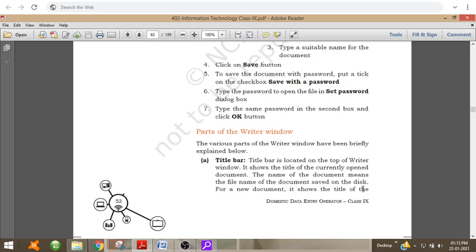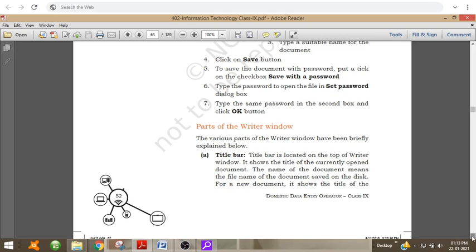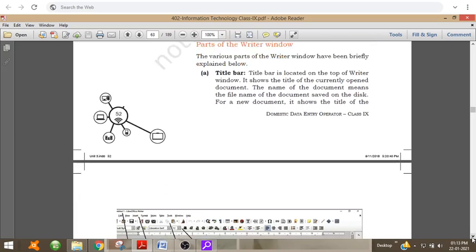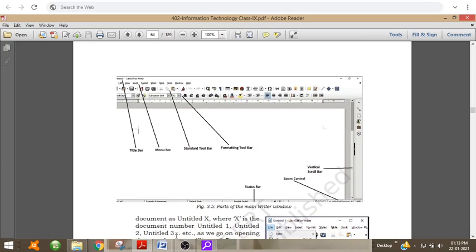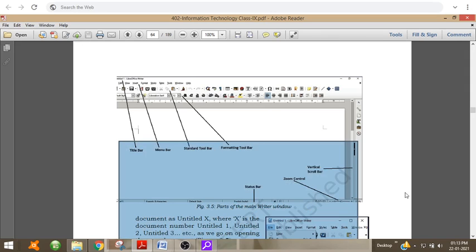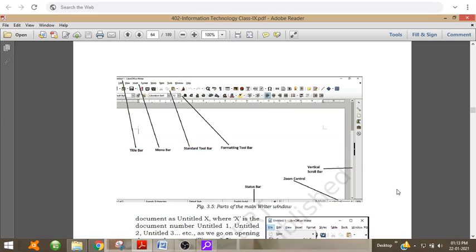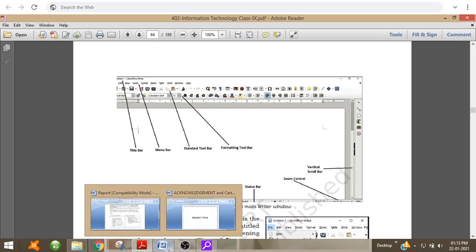For a new document, it shows the title as Untitled X. So for a new document, the title will be given as untitled document. So the title that is given is the title bar.